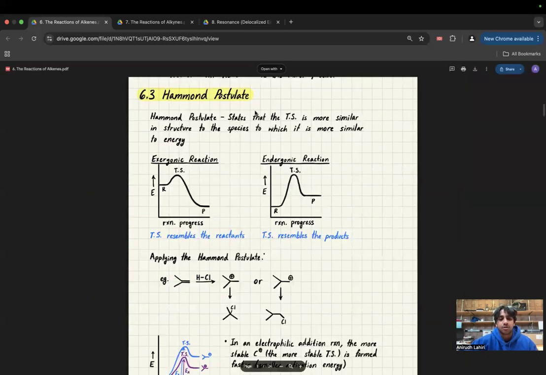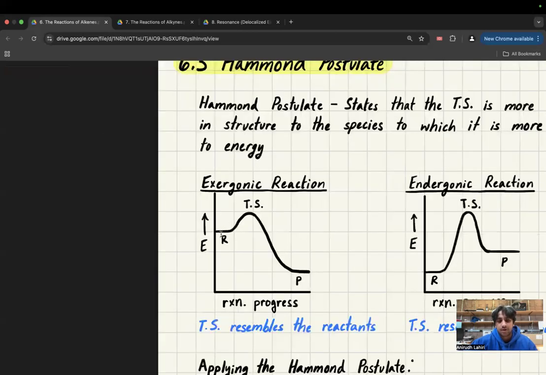So, what does Hammond's postulate say? Hammond's postulate states that the transition state is more similar in structure to the species to which it is more similar in energy. So that's just to say that this transition state here is closer to R, right? Like this distance between here and here is a lot less than this distance, which means that this transition state will look